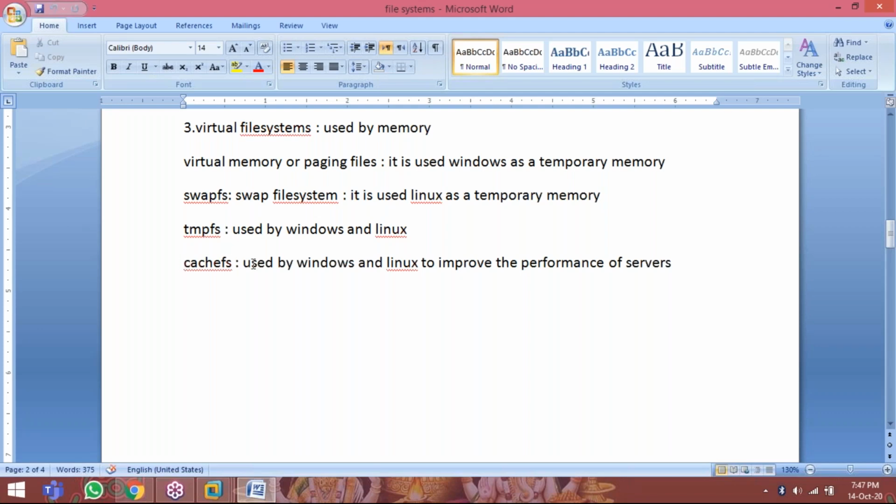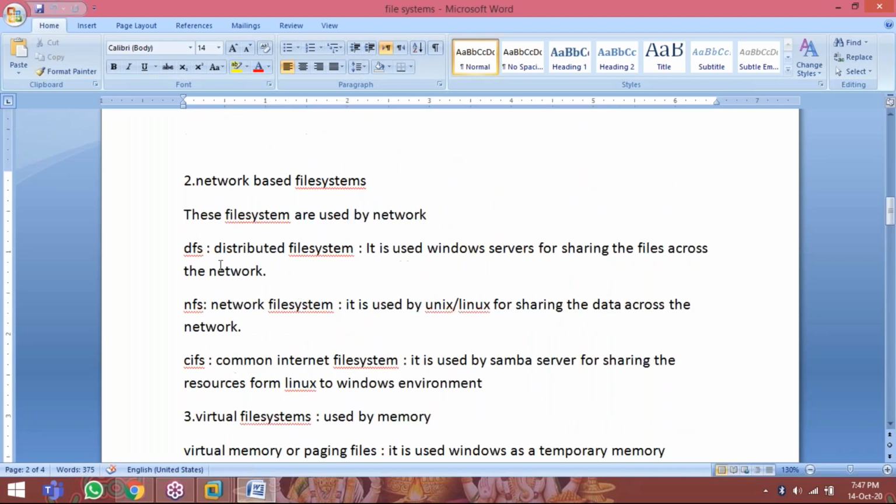Now cache file system, it is used by Windows and Linux to improve the performance of the servers. For example, there is a DFS server. You shared one folder. Thousands of users come into the folder and are accessing it. So your DFS server performance will decrease. Then they will configure a cache DFS server. Cache means, every day the common requests that are given will be kept on that server.